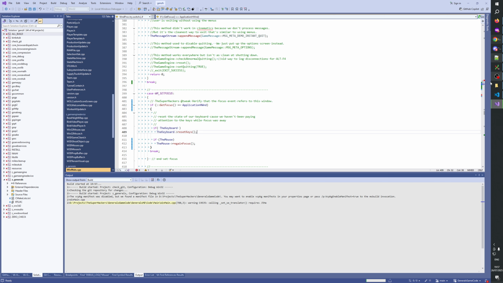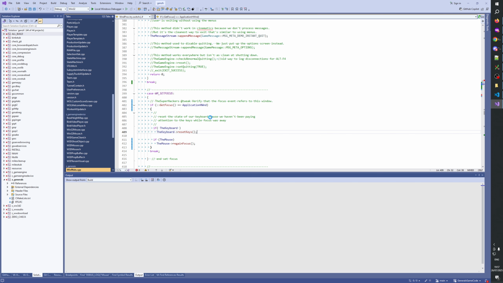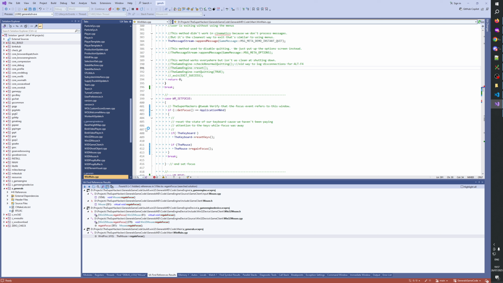Yeah. Let's see. So we launch and we tab out very fast. There we go. Yeah, that fixes it. Okay, cool. No, it's not. Shit, it's locked. Okay, never mind then.